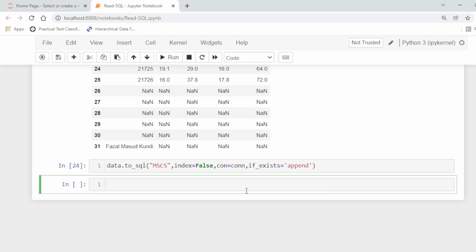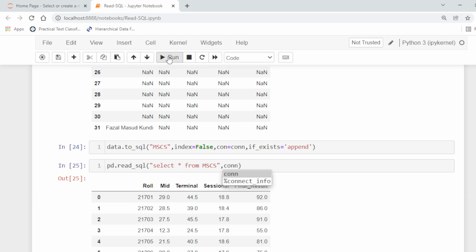So now we can read this with pandas read SQL, select from MSCS, and connection is this one, so we can read. So in this way we can use different SQL statements. In the next lecture we will learn how to communicate with NoSQL databases. Thank you.